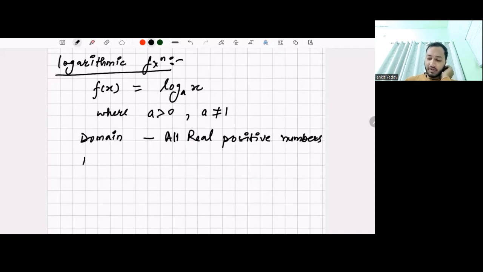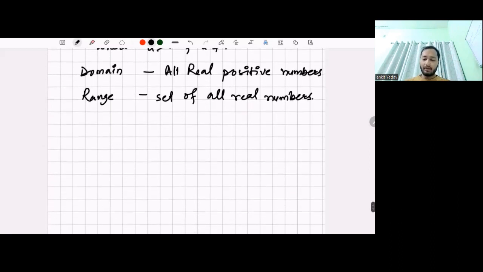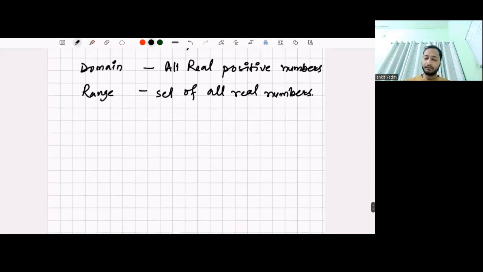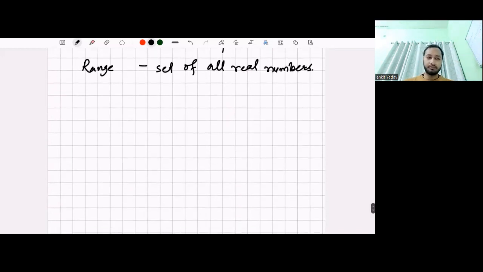ये वाला डोमेन होगा and range of this function is defined with set of all real numbers. So डोमेन तो पॉजिटिव वैल्यू होगा, नेगेटिव वैल्यू के लिए वी कैन नॉट डिफाइन द फंक्शन, ठीक है, रेंज जो है दैट विल बी सेट ऑफ ऑल रियल नंबर्स. नाउ